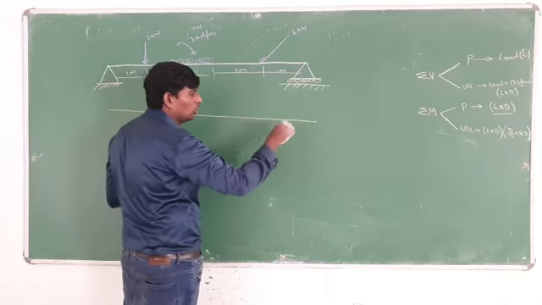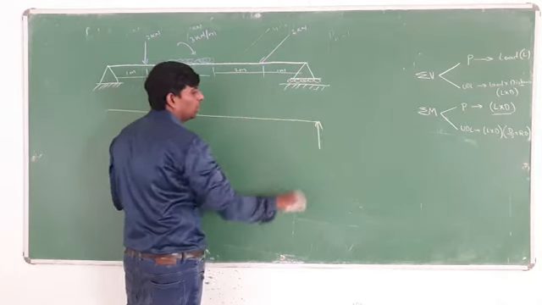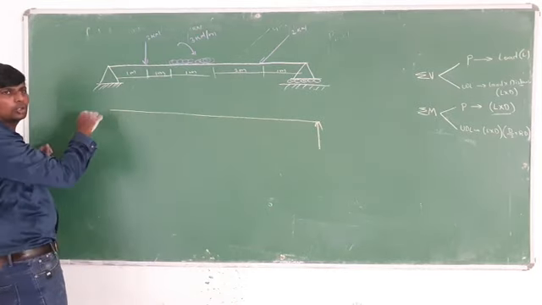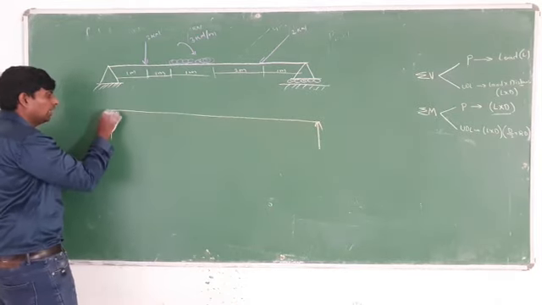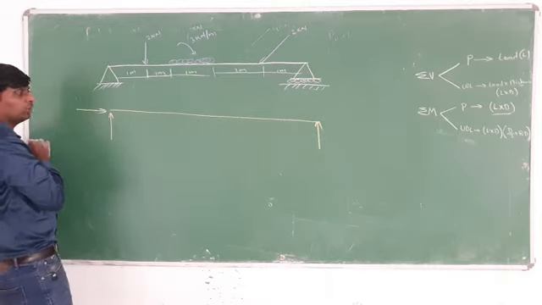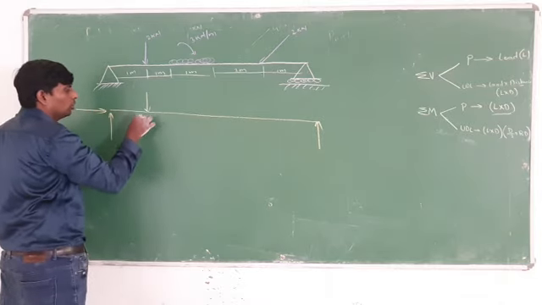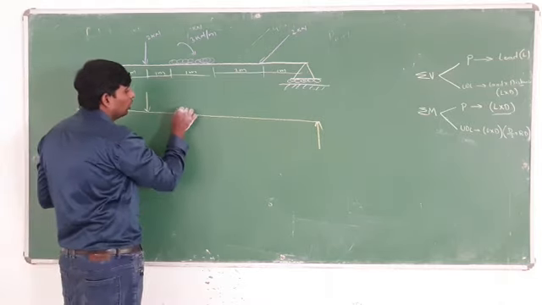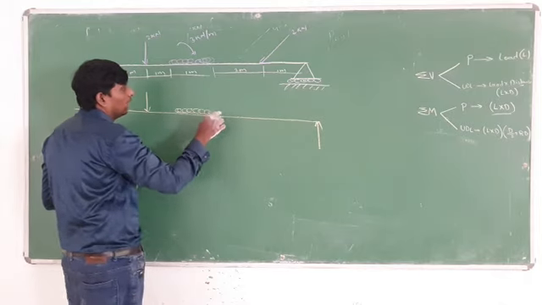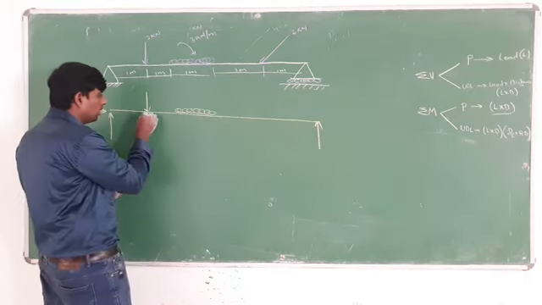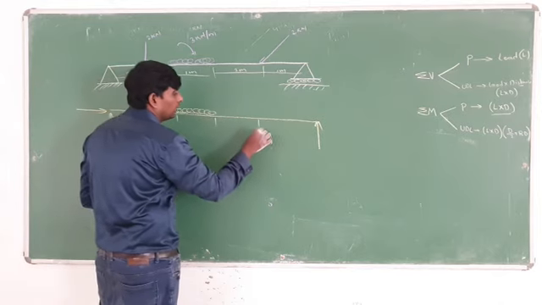After that, the roller support. For roller support, I told you, only vertical. This is the fixed support. For the support, I told you vertical and horizontal. This is the point load. Project like that. This is the UDL load. Project like this, same distance, and after that you have to give the dimensions here, somewhere.